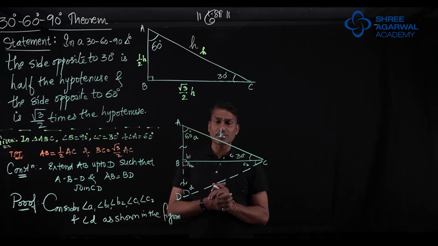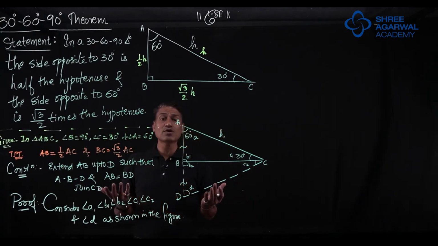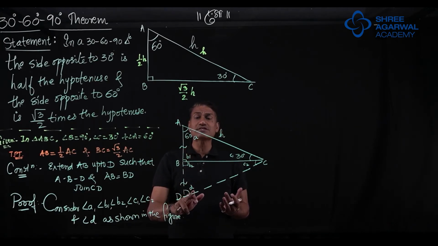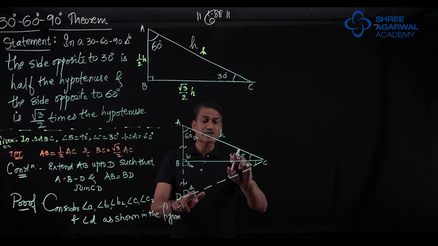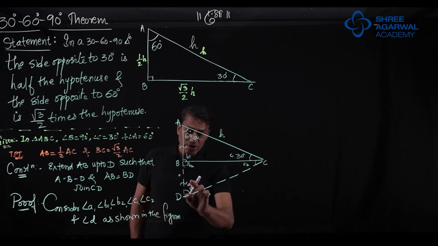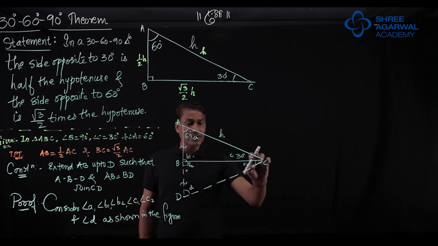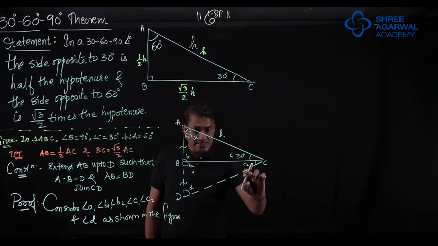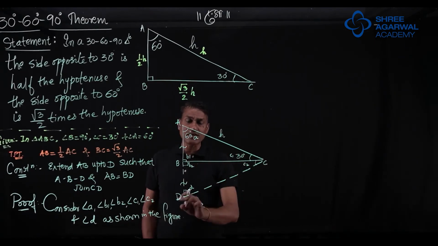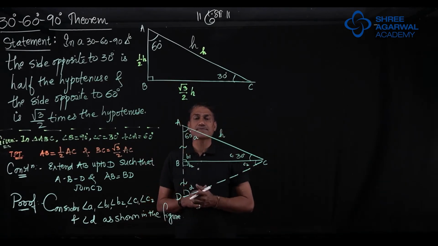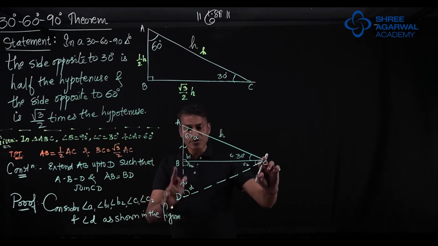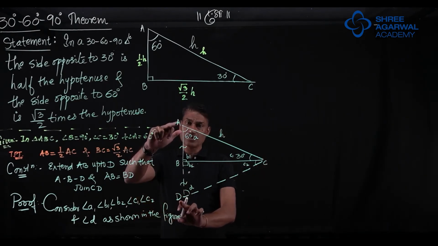If these two triangles become congruent, their corresponding parts will be congruent. So if this angle is 60, its corresponding angle is D, this will also become 60. This is 30, its corresponding is C2, so this will also become 30. So this total angle will become 60, this angle is 60. Now in triangle ADC, 60, 60, 60, triangle ADC becomes an equilateral triangle. It means all sides are equal. So if this is H, this will also be H, this will also be H, no problem.